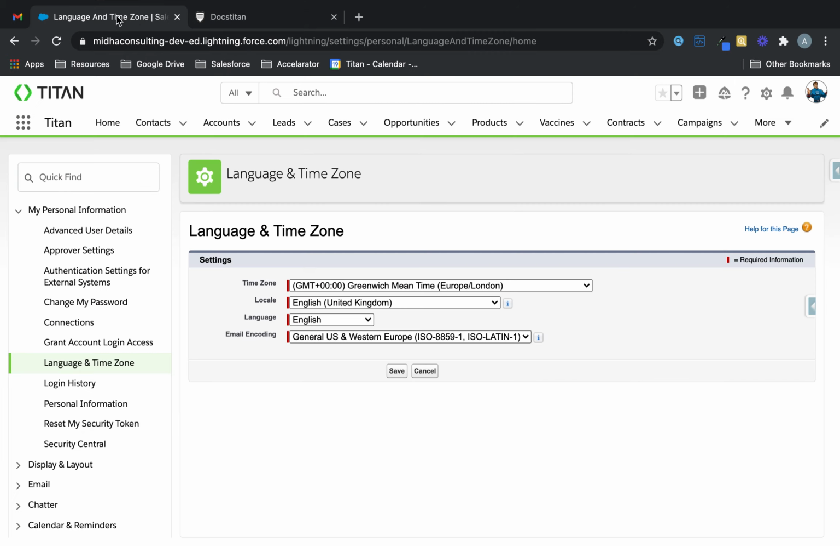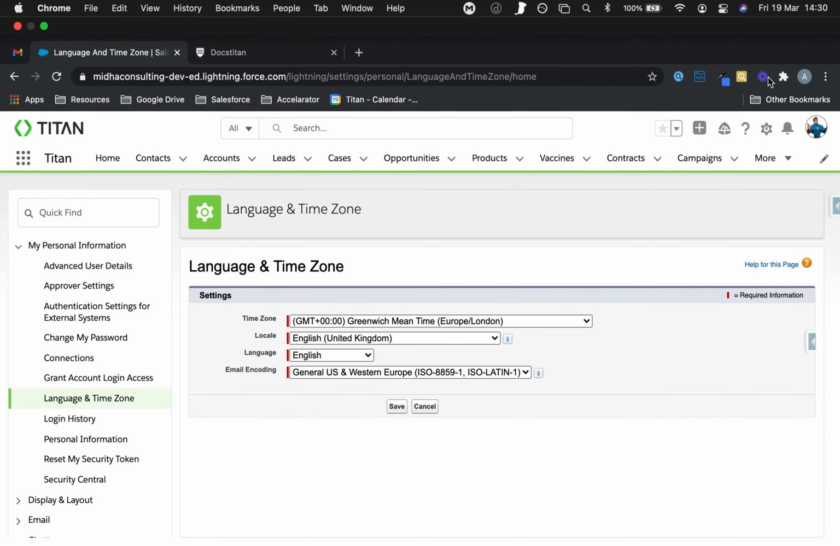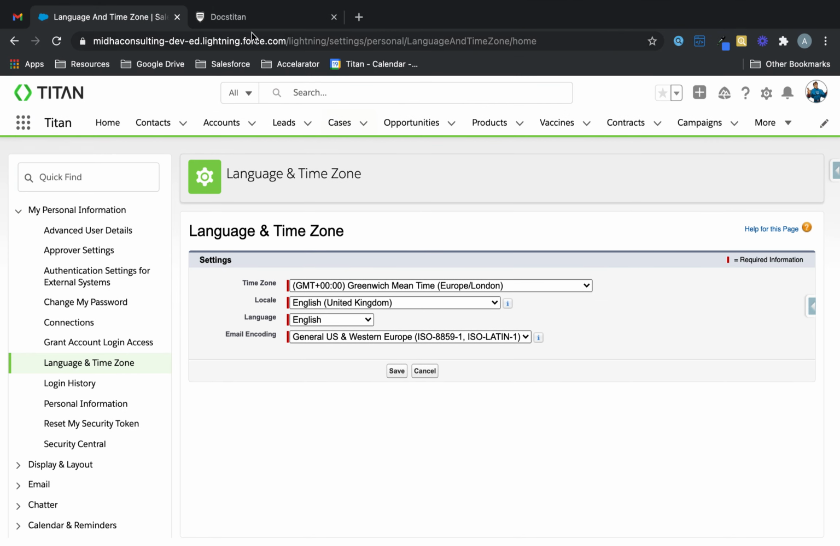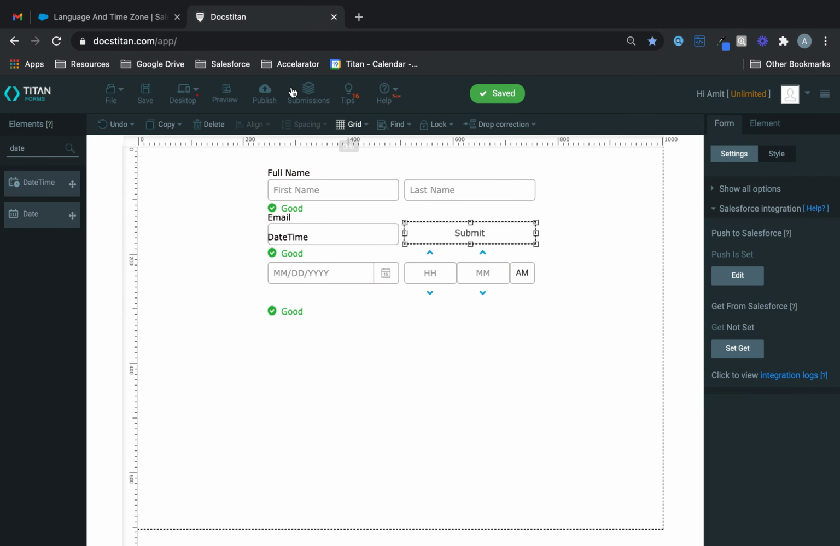So let me show you my Salesforce. It's currently set in UK time zone, the Greenwich Mean Time. That's what it's set in. And currently in Mexico, it's 2:30. All right, so I'm in Mexico right now, so we'll show you how that works. If I go ahead and preview,